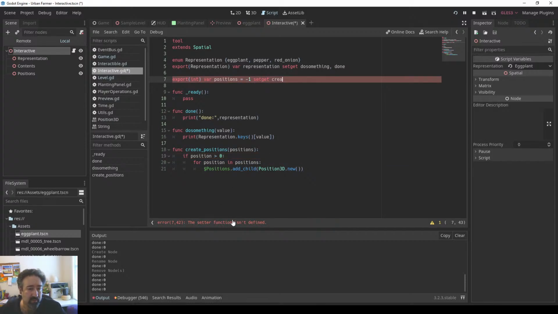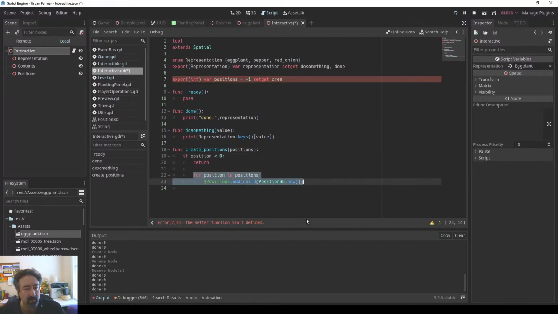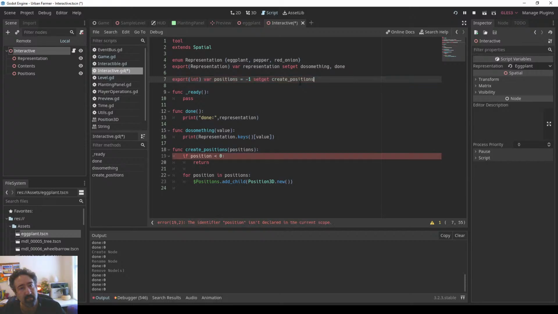You are bailing out because if position is this, else you are, so you do this, and then return. This is kind of the implicit else case. Okay, so you create position, and this isn't declared in. I think this is what I